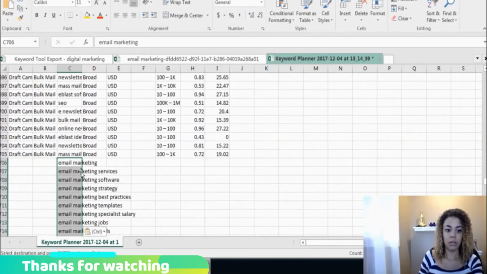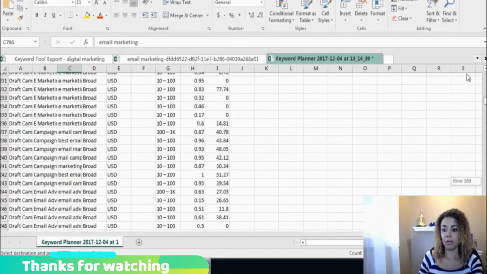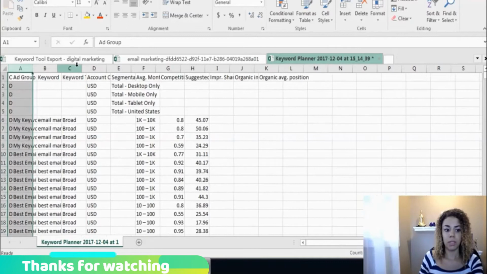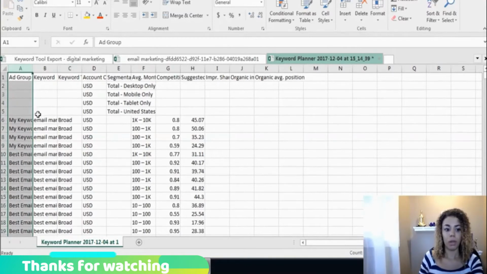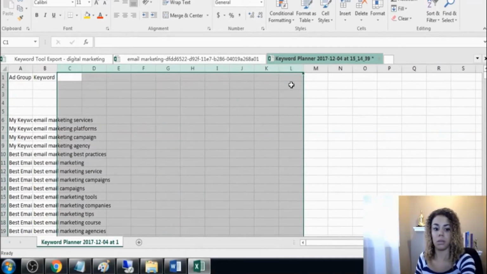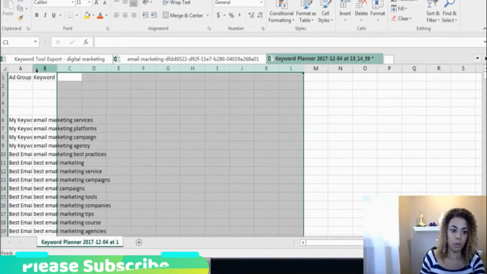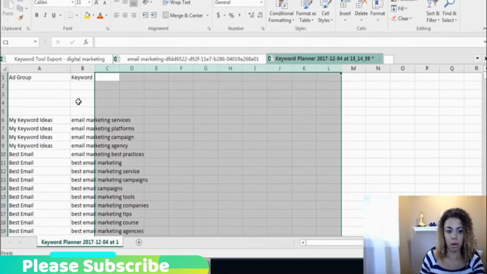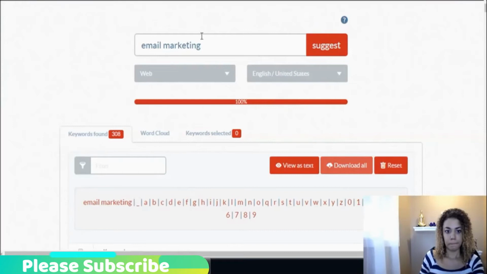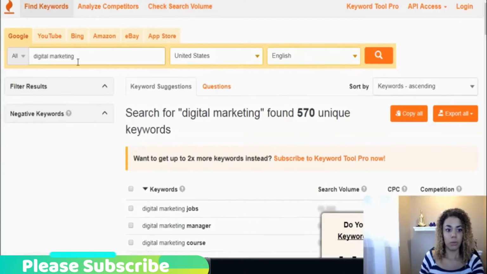Make sure you're in where the keywords are at, because that will mess up your data if you put it over in one of these other ones. In fact, I delete campaign because I don't even use that. And we can delete all this other stuff out here because Longtail Pro will capture that for us. So now we have Ubersuggest, that's done. And now we can go over to